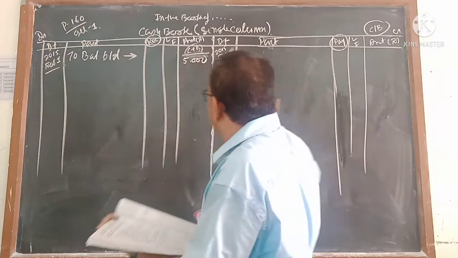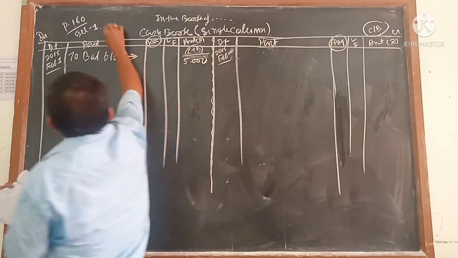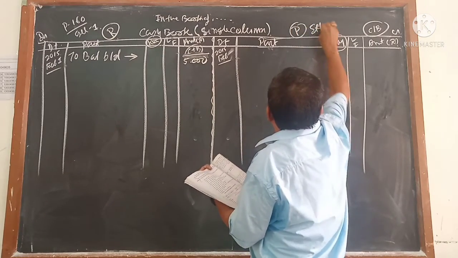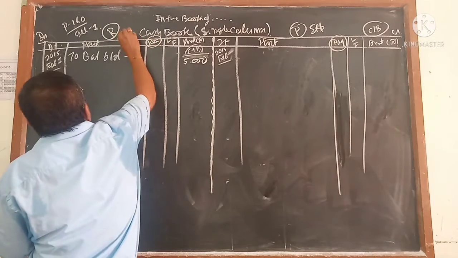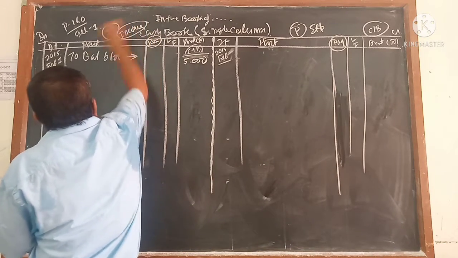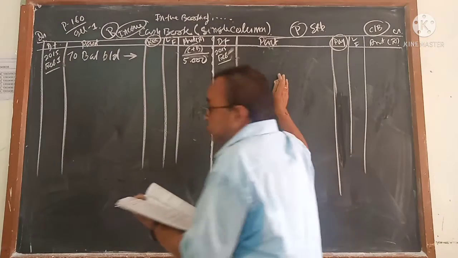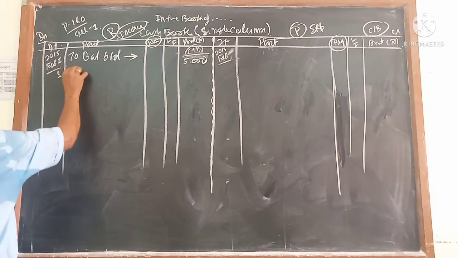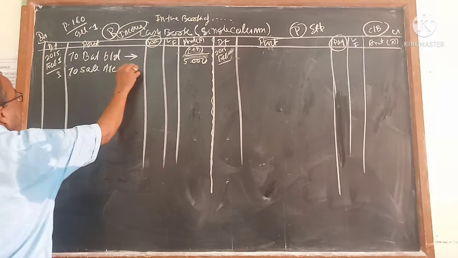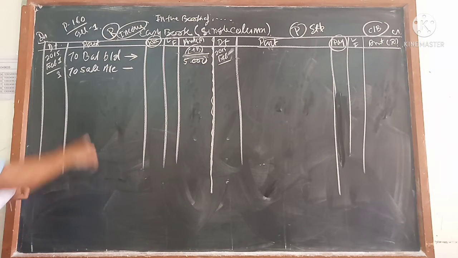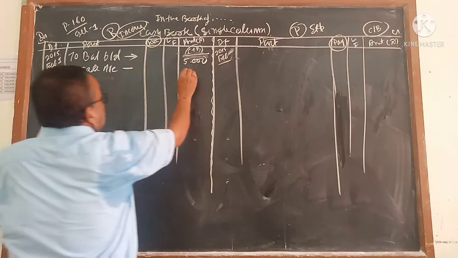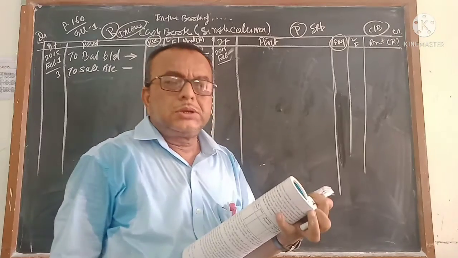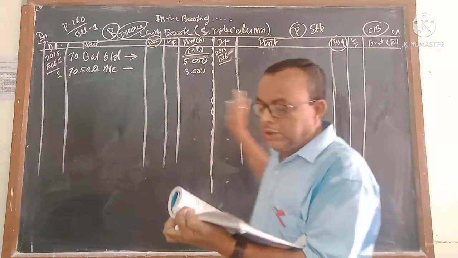If you are getting the cash, it will not come this side, because this is your receipt side and this is your payment or expense side. You can write this as the income side also. If income is coming, you write it here. If expense is going, we will write it here. So third, we will write to sales account, because you sold goods. How much? You are getting 3,000. That's all. Cash is coming, you write this side. Cash is going, you write this side.